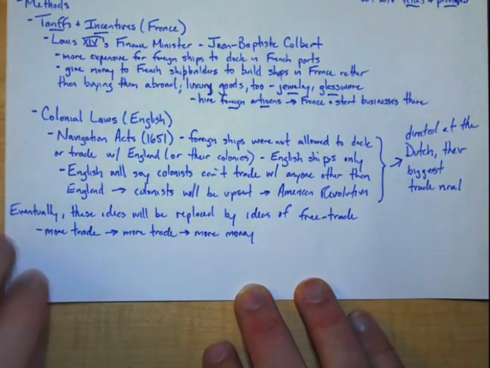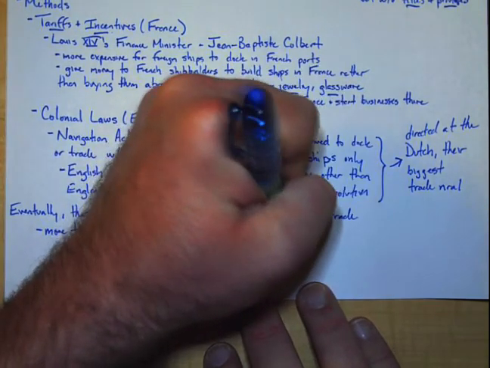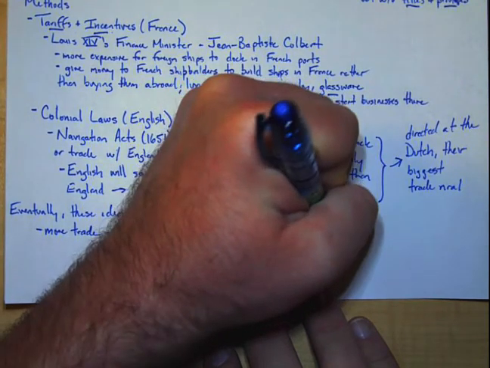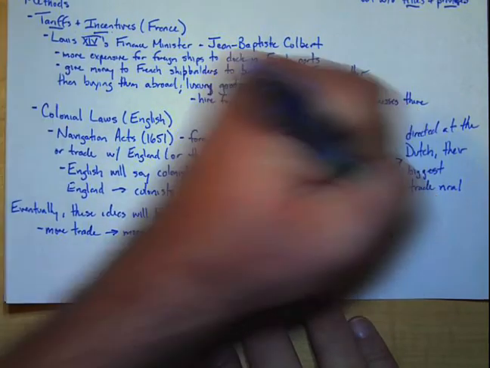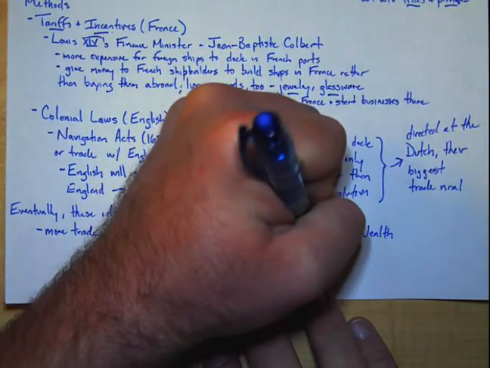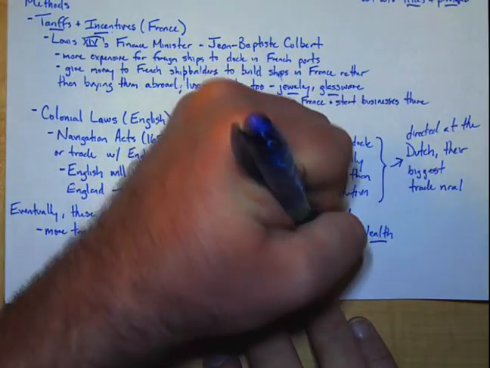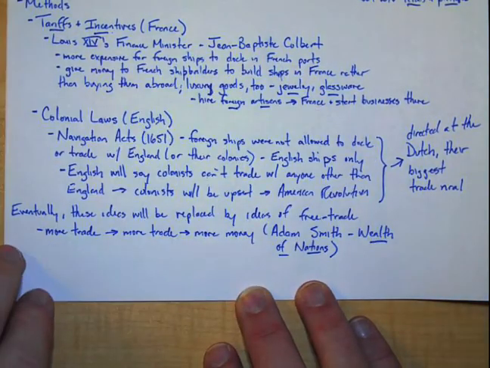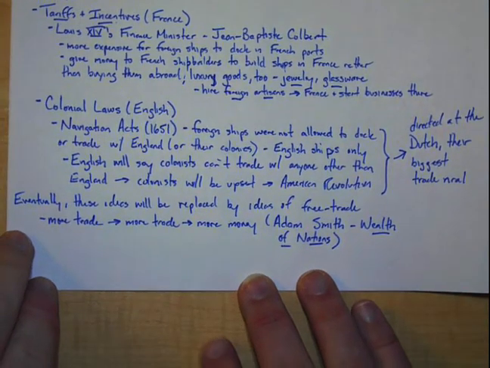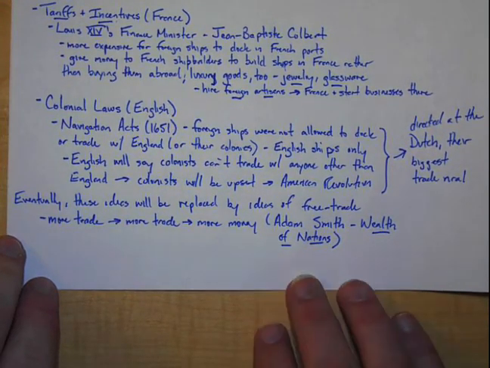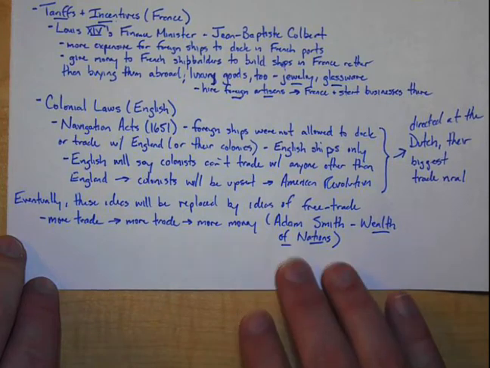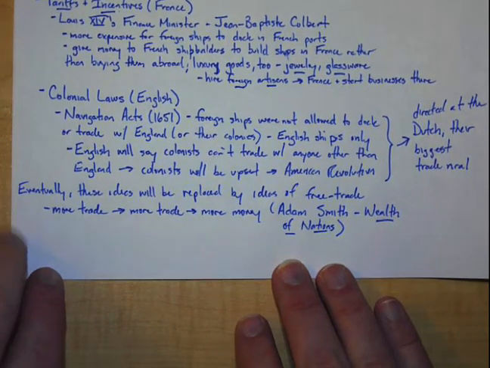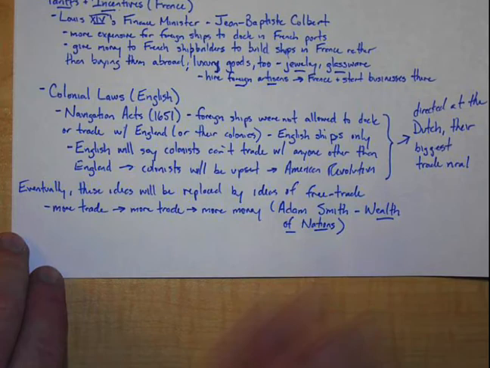The guy that is usually associated with this shift is Adam Smith, who wrote a very influential book called The Wealth of Nations, which sounds mercantilist, but it's not. He's actually going to refute a lot of what the mercantilists are saying. But we'll cover more stuff about Adam Smith in videos on the Enlightenment. So he's going to be one of the important Enlightenment figures we talk about in our next big unit after we talk about the monarchs.